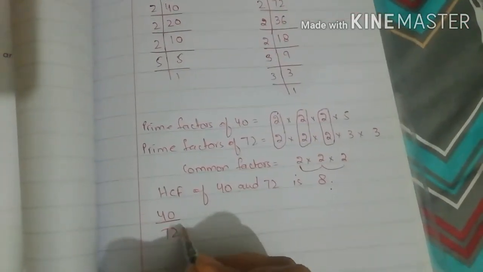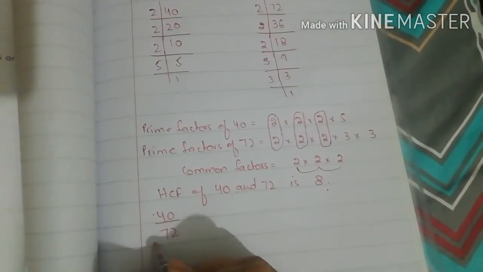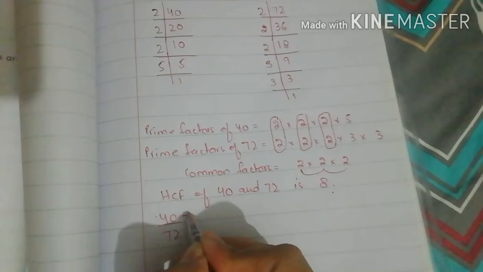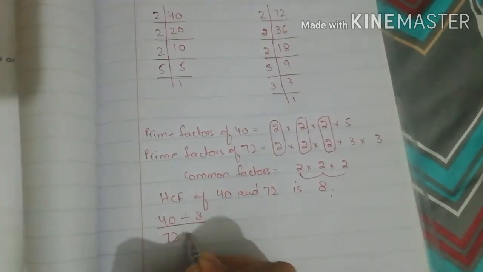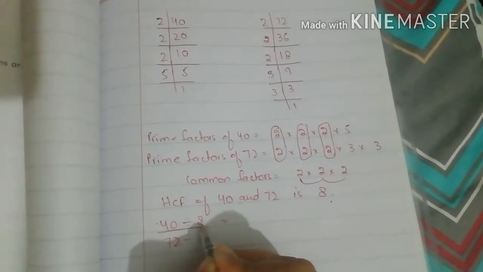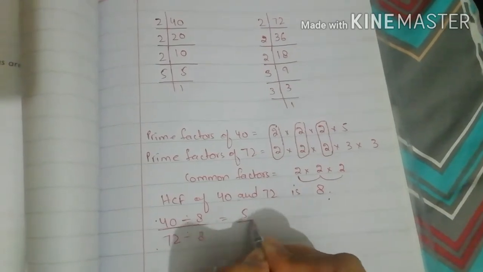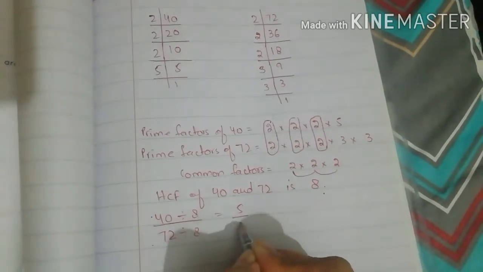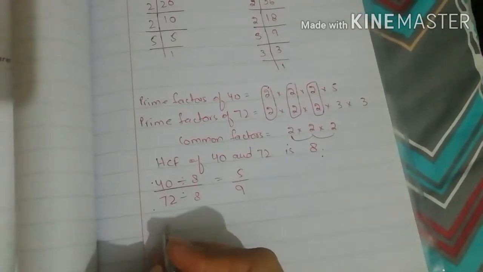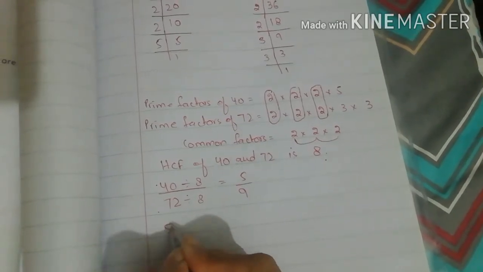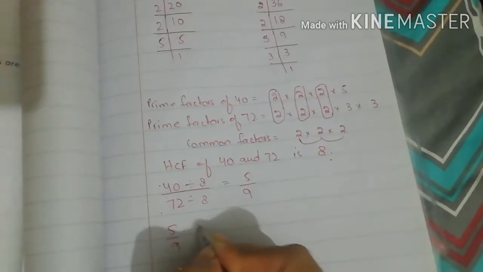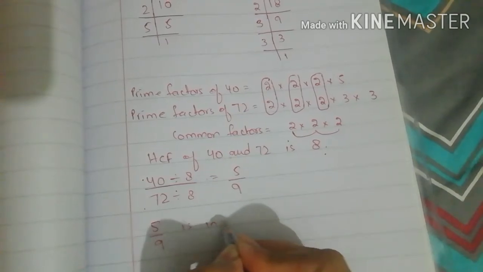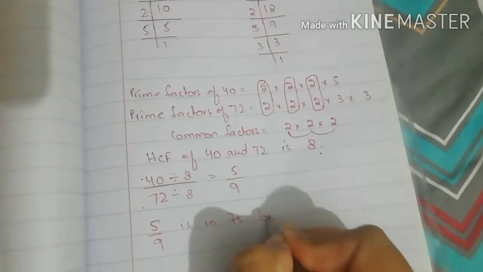We will divide both numerator and denominator by 8. 8 5s are 40, 8 9s are 72. So 5 by 9 is in its lowest